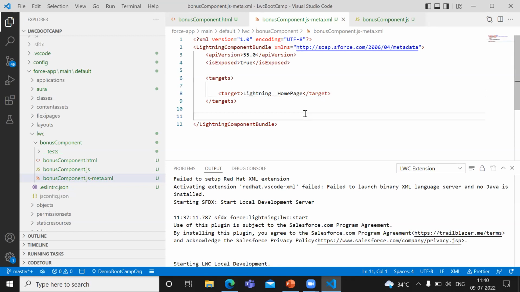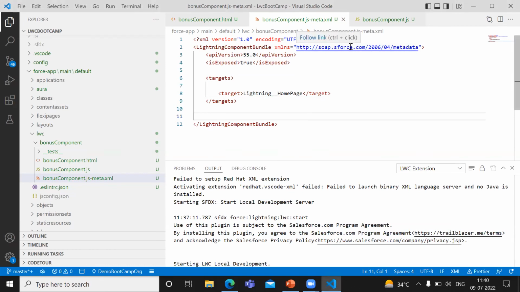Targets basically decide where your component will be accessible on the Lightning page. Right now I'm making it lightning_homePage. That means if you want to preview your component in the scratch org, it will only be available on the home page. Similarly, we have record page,